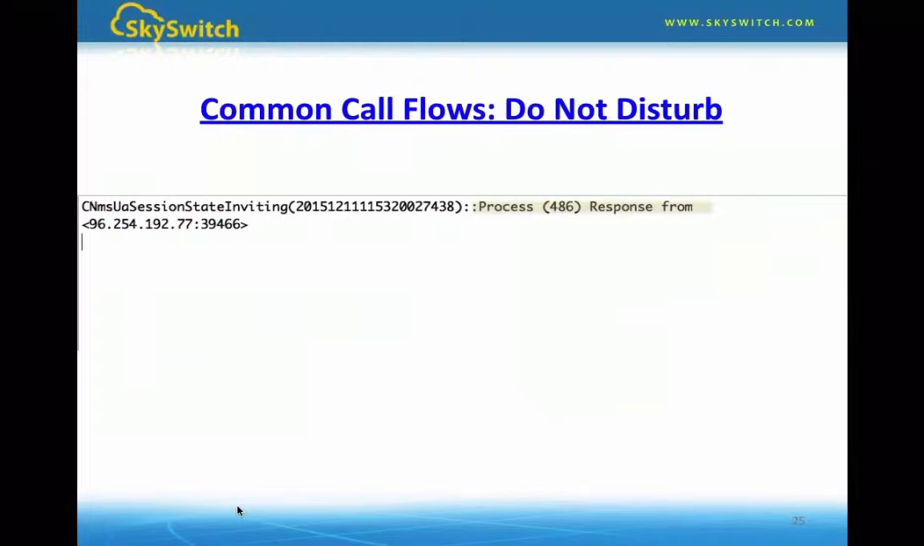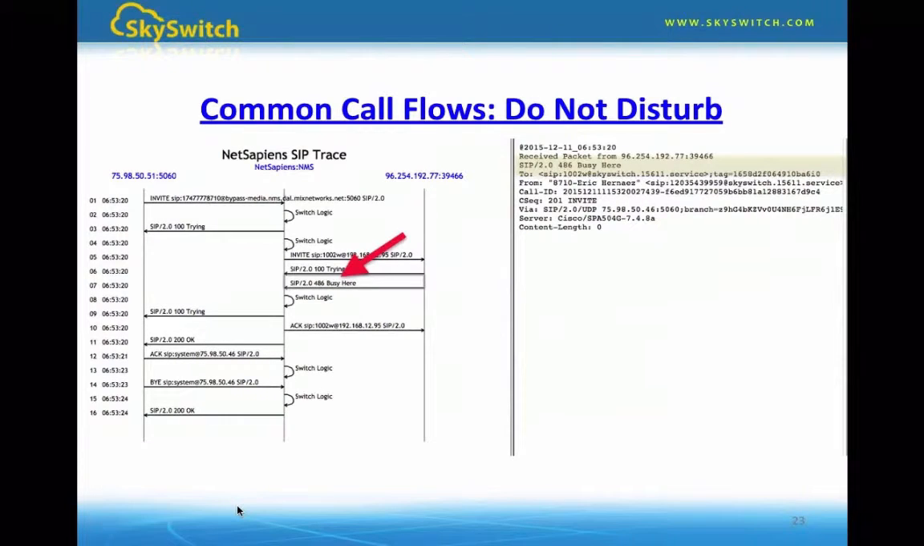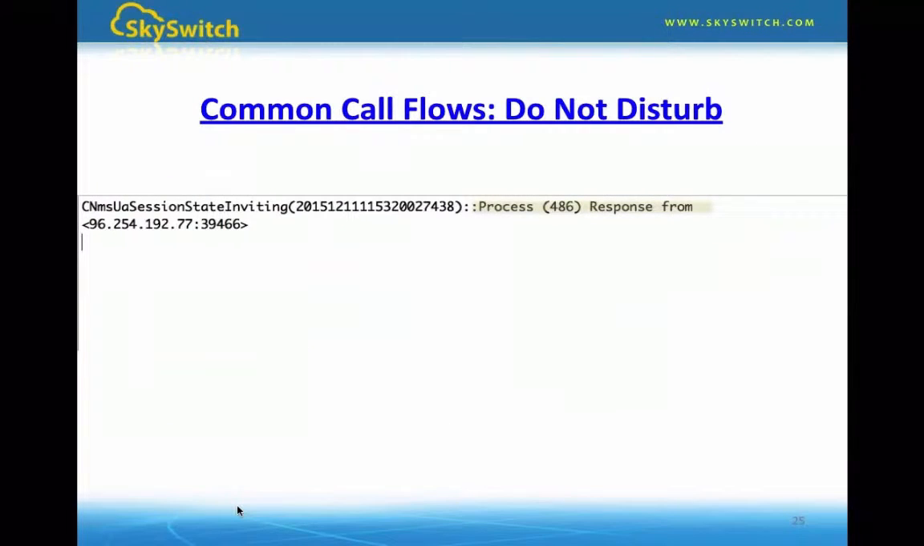Now in this case, it's not as obvious what it is. It says process 486 response from the IP address. So unless you know what you're looking for and you know that 486 is a SIP error code, you might miss that. But sometimes when you have complicated call flows where there's dozens of devices being rung at the same time, the switch does not always get those SIP,